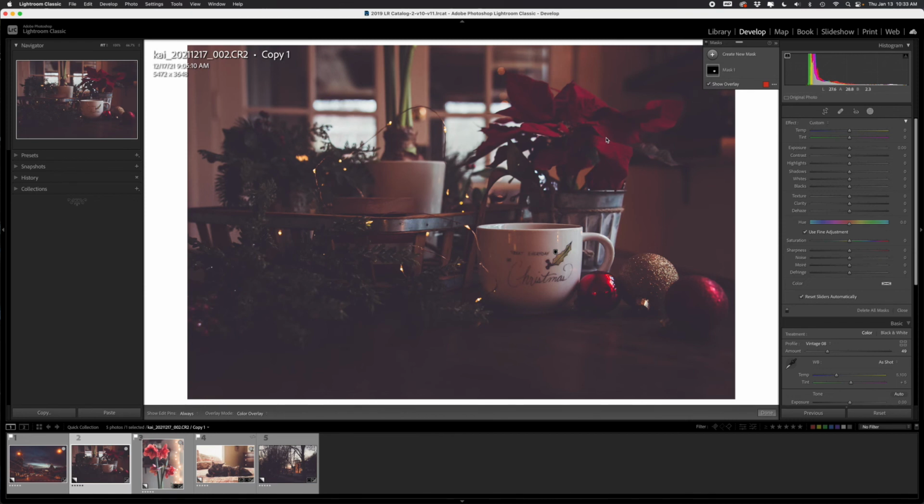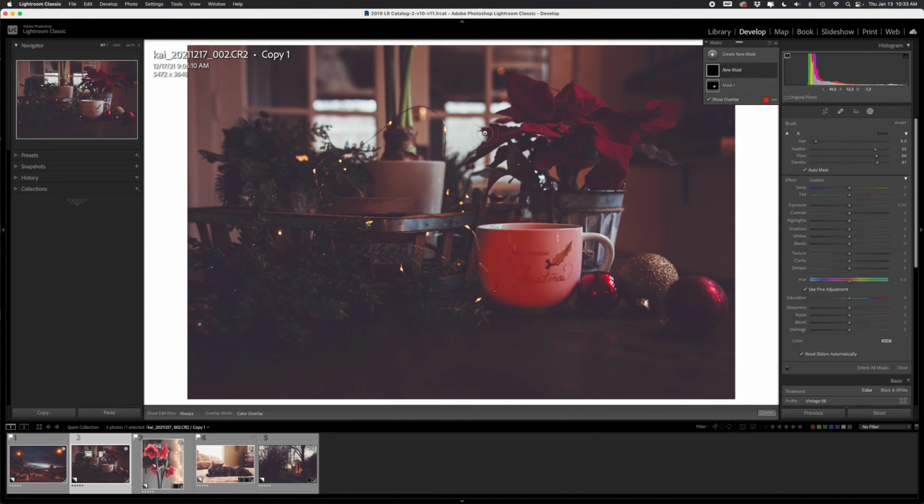So the masking tool or the brush tool is a great way to apply adjustments to very small specific regions of a photo. It's great for skin retouching, if you want to smooth out a few areas on someone's face. It's a great way to enhance eyes by adding just a little more clarity, maybe a little more saturation, maybe brightening up a little bit. You can use the brush tool for a wide variety of things. You can even use it on a really large scale if you want to, let's say if we selected another new brush,